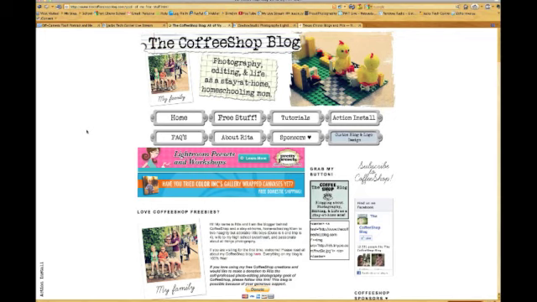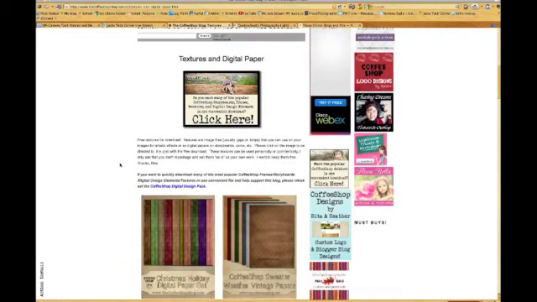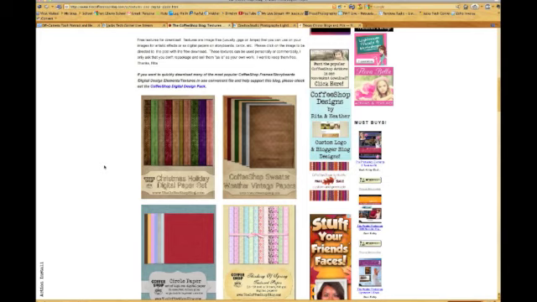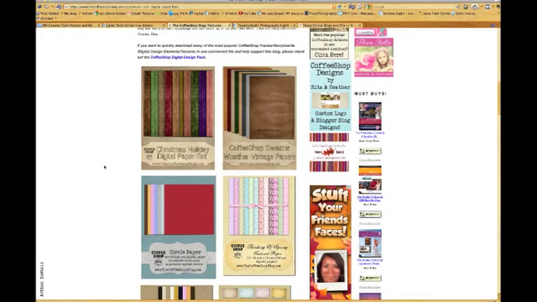So I went back to free stuff. And I'm going to come down here and I'm going to look at textures and digital paper. And there's a lot of it here. A lot of different papers and textures. But what we're going to talk about is using a paper kind of as a texture. So I chose this Weather Vintage paper. Papers here. And if you click on there,